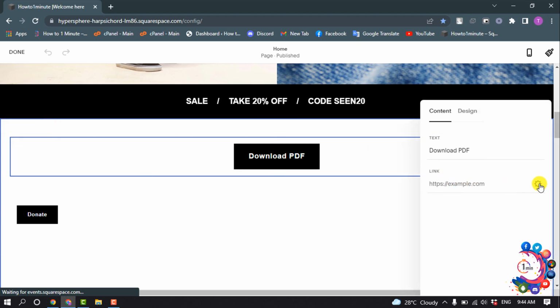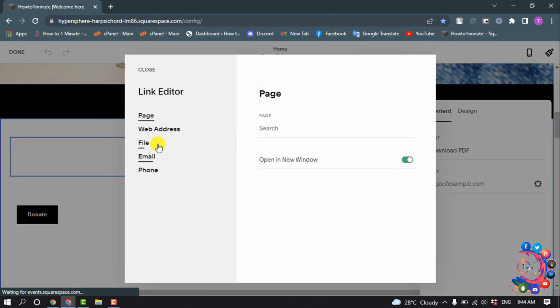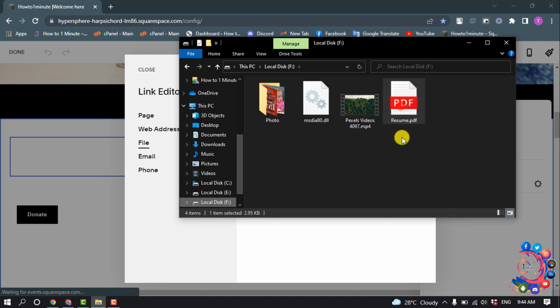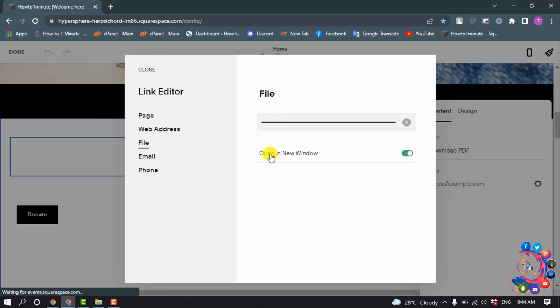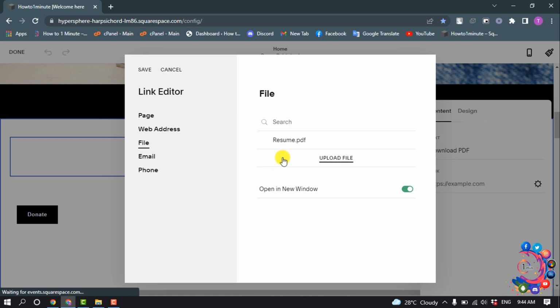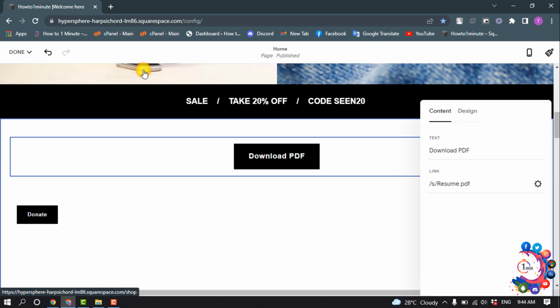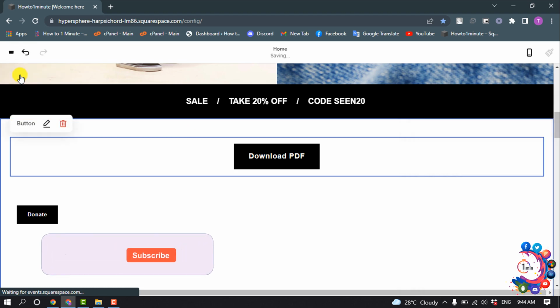and I'm clicking on this gear icon next to this link option and selecting file, and I'm opening my file manager. So here's the PDF I'm going to upload, so I'm simply dragging and dropping it here, and I'll select the PDF and click on save, and I'm going to save my editing,